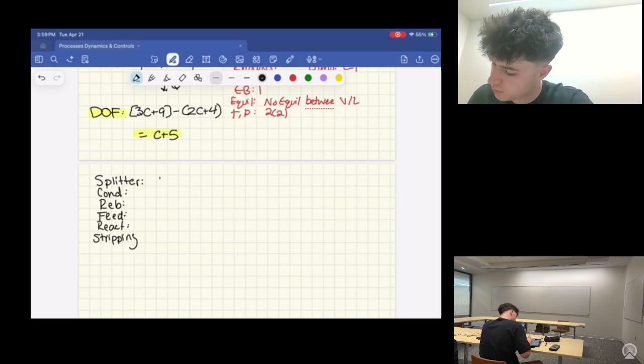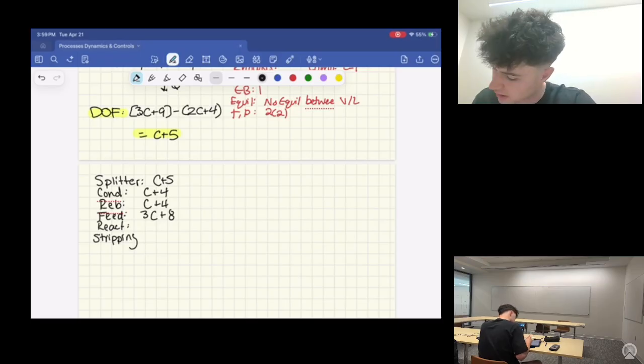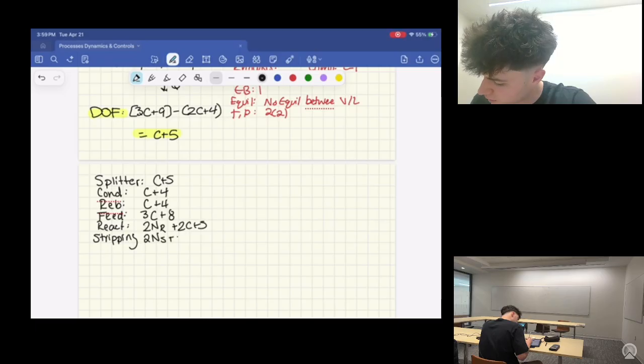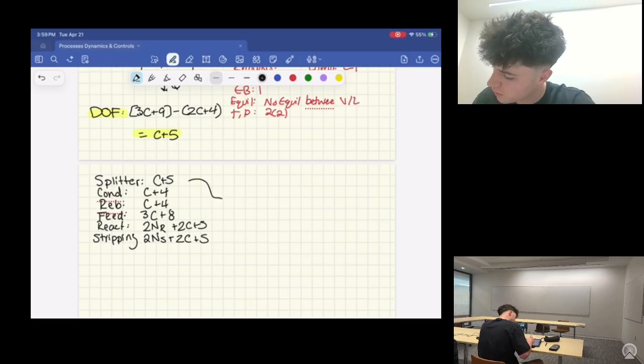All of these, which we have already found, are C plus 5, C plus 4, C plus 4, 3C plus 8, and then this reactant and stripping is going to be the one that we just found, but we give it subscripts, so 2NR for reactor plus 2C plus 5, and then we have 2NS plus 2C plus 5. We combine all of these to find the degrees of freedom for stages in series,